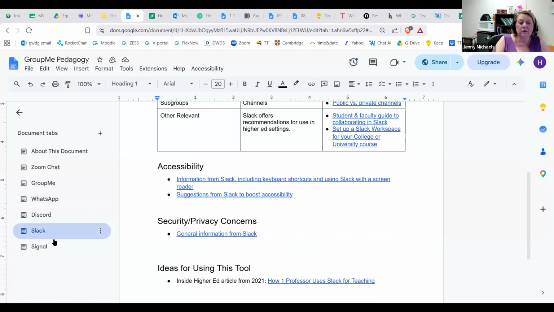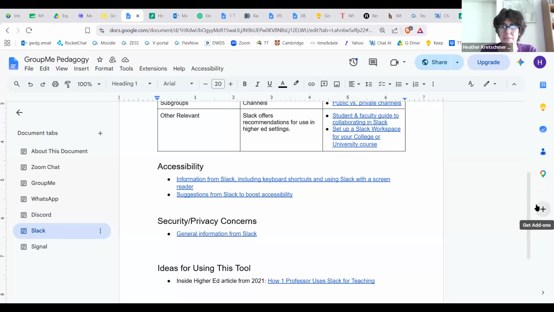And I do know with the continuity issues, Slack has, if you have a free account, your things disappear after a certain amount of time. So that's something to be aware of. It is not a forever app unless you pay.